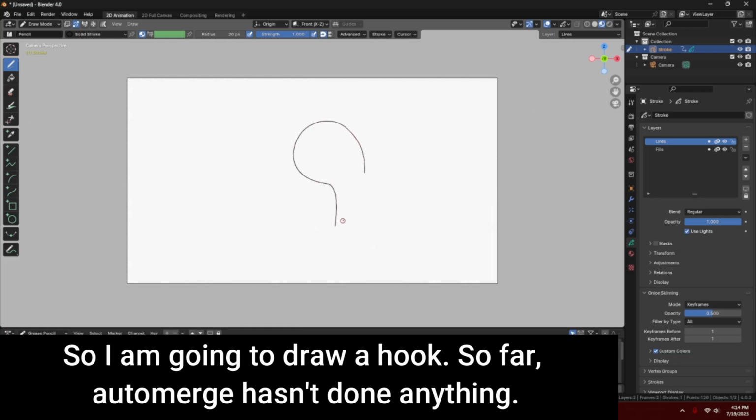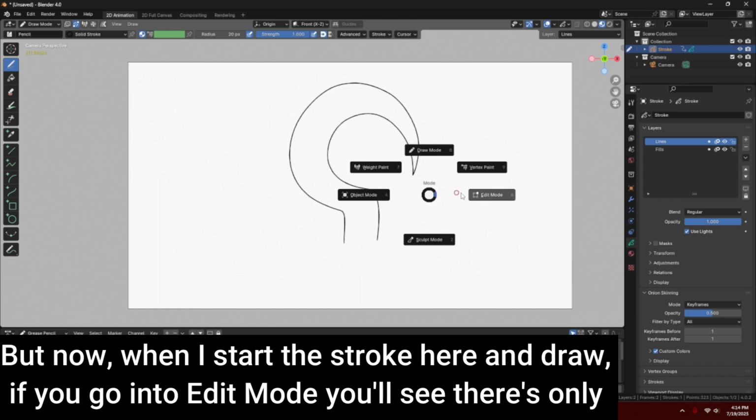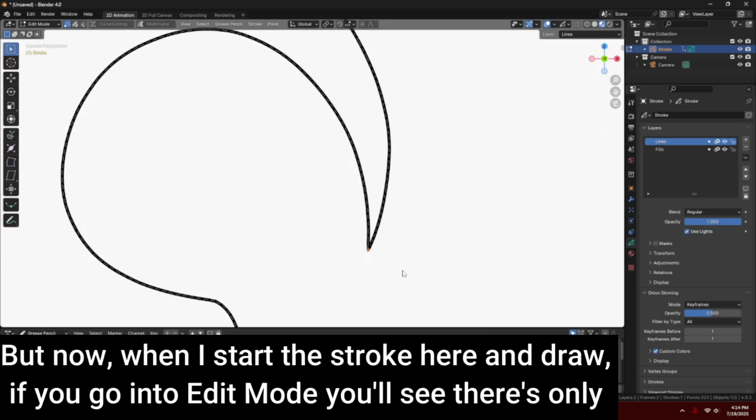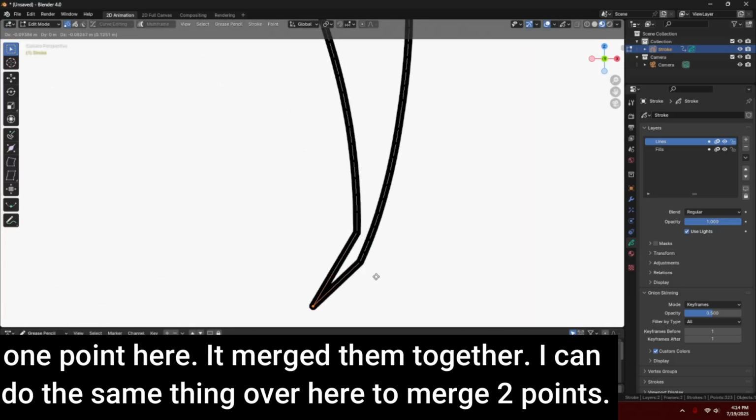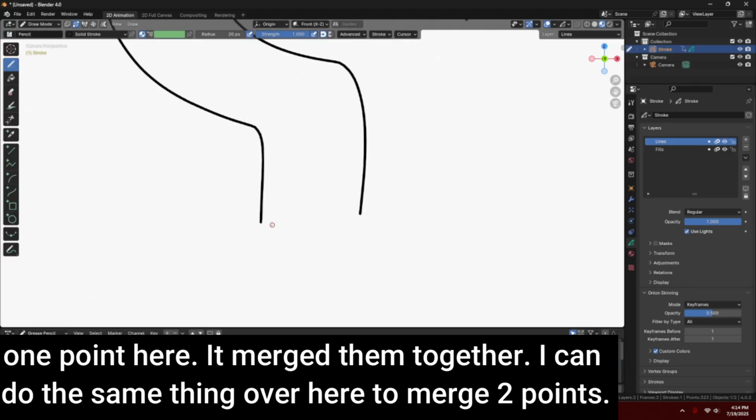So far, Auto Merge hasn't done anything. But now, when I start the stroke here and draw, if you go into edit mode, you'll see there's only one point here. It merged them together. I can do the same thing over here to merge 2 points to close off this